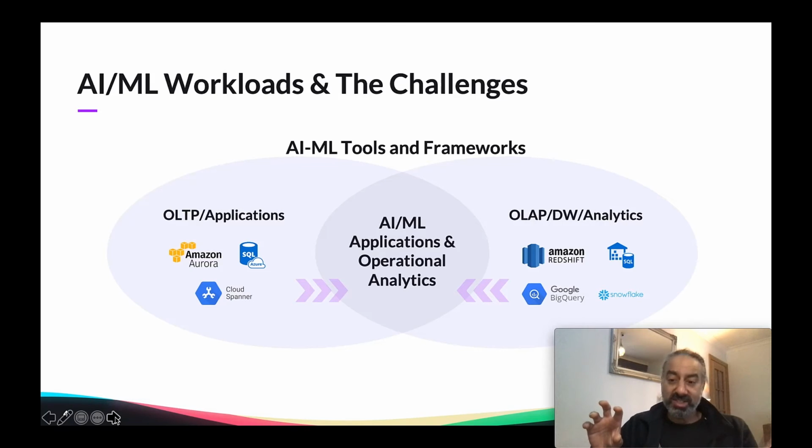But then there is the other side, the real-time execution side, which is the real-time OLTP side. These are applications which are scoring in real time, which need data to be passed to them. There has to be some kind of execution, some kind of bringing together of historical data and real-time data.